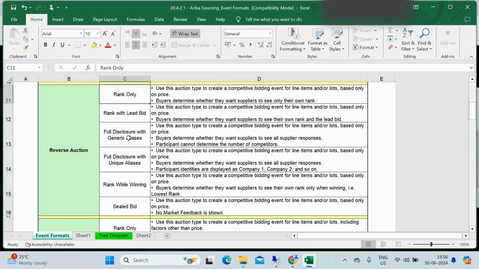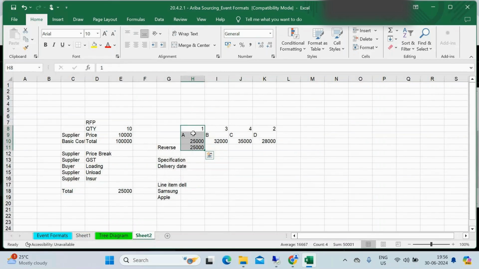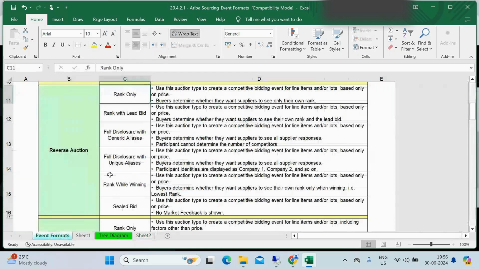It will show the pricing and rank, but the supplier name will be something like XYZ. It will not show the supplier name, but it will show his rank and his price. So that is full disclosure with generic aliases.